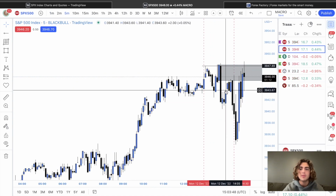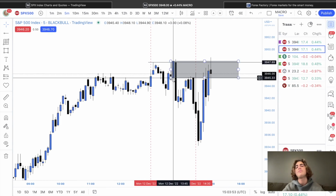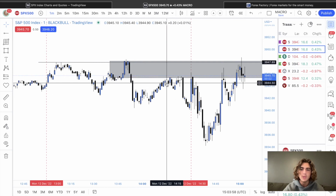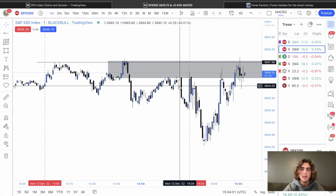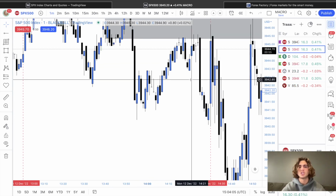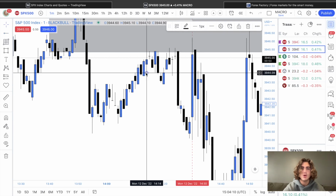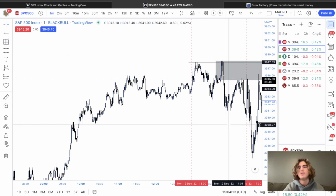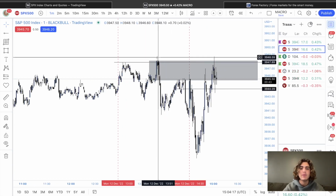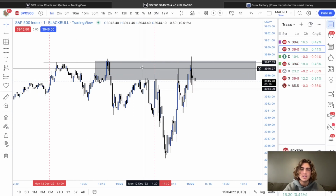Sometimes you got to be able to play within every single time frame. I took this off the 5 minute because I saw we pushed into the order block and then we broke structure. We broke structure with this candle right here. So let's go over our confluences on this trade: sweep of liquidity, expansionary move down, order block is formed, tap into the order block, break of structure, entry,